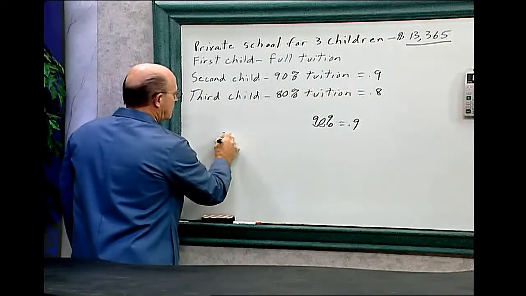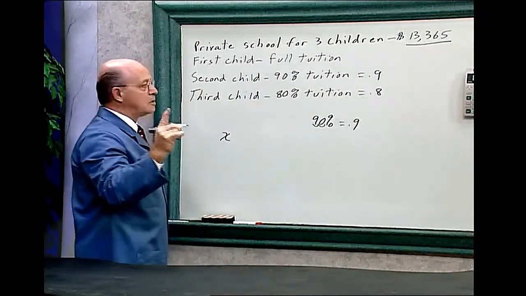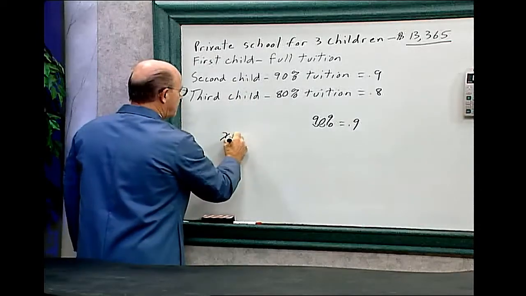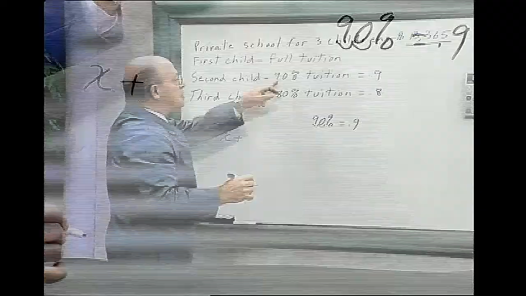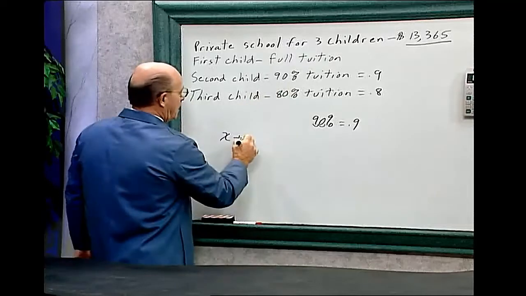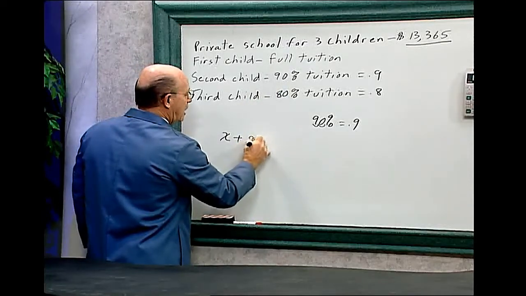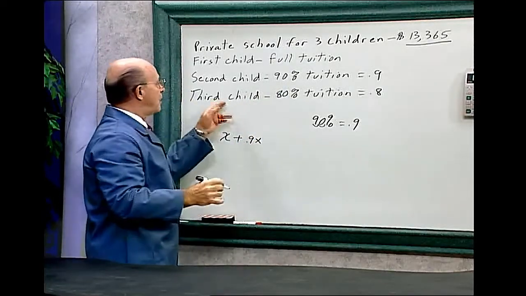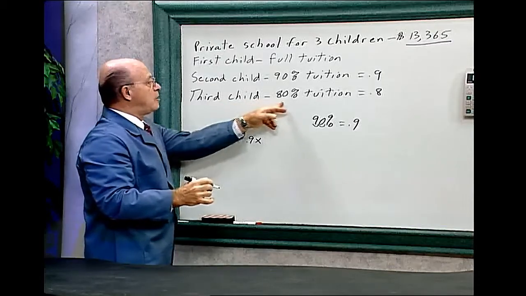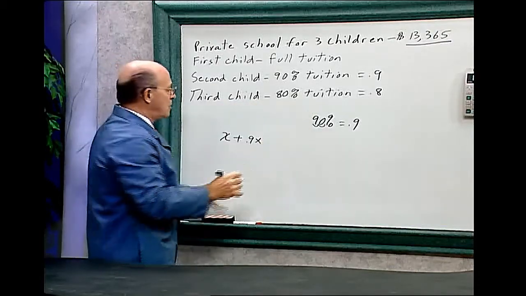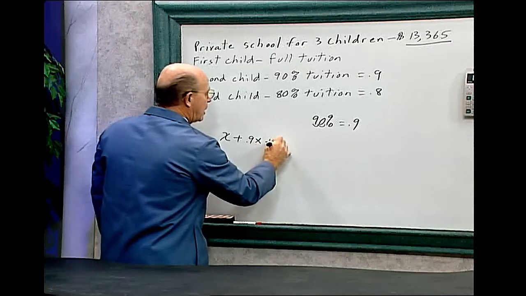X is the full tuition plus 90% tuition is 0.9x plus the third child, which is 80% of the full tuition, so that would be plus 0.8x,